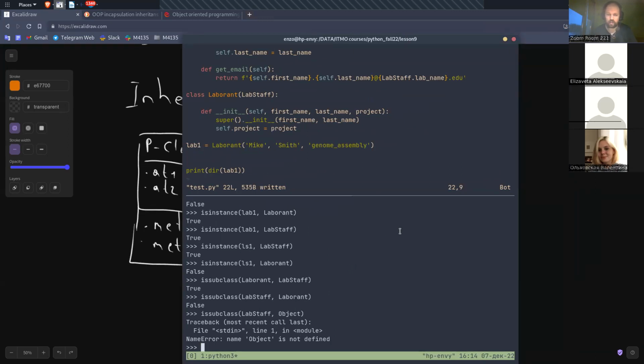The overall point is that this helps us not to rewrite a lot of code, and to use subclasses, child classes, as modifications for the previously created